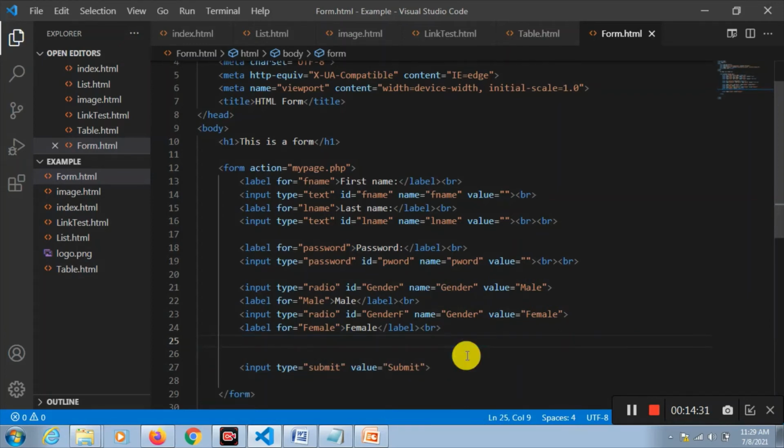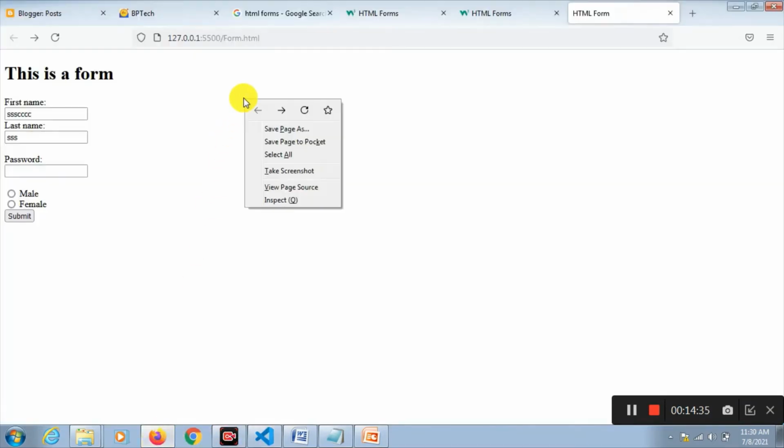Now save it and let's see. See here, male and female is there. But you can select only one of them, either male or female.